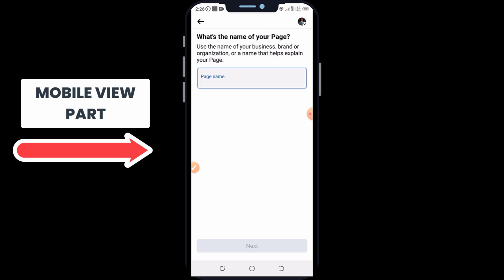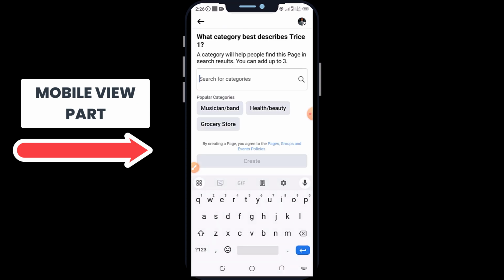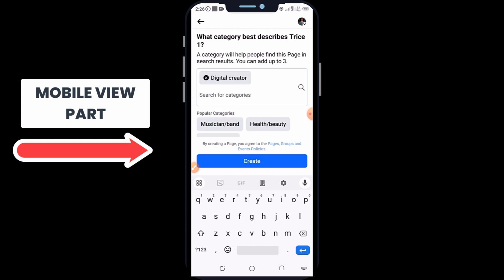Then the next thing you're going to do is put your page name. Maybe we'll just say something like this. Okay, we'll click on next. Once you click on next, we choose our category over here, just like what we did earlier. We can see suggestions. We can choose music and band depending on your category. You can see over here they say you can only add up to 3 categories, right? So you can choose, just like what we chose earlier, digital marketing or digital creator, social media marketing, sorry,